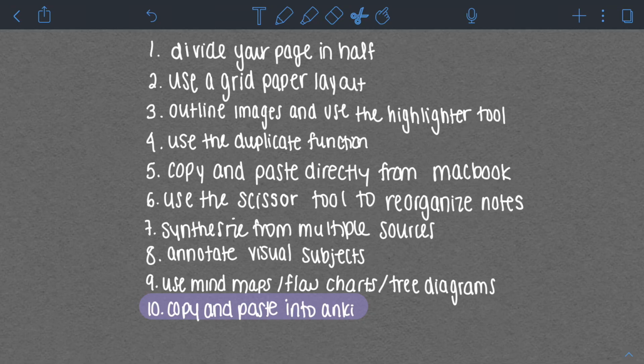Tip number 9, if you're very visual like me and it helps to have things sorted into categories because that's the way your brain works, use the iPad's flexibility to create beautiful flow diagrams and mind maps, making connections between different concepts. Tip number 10, also really helpful for the efficiency side of things, is to use your Notability or